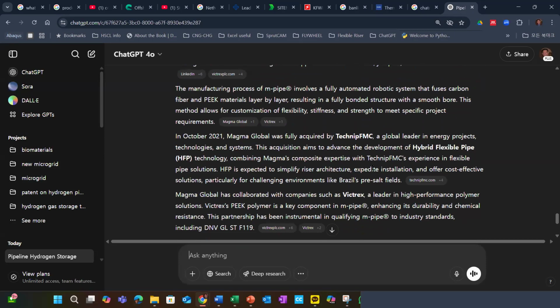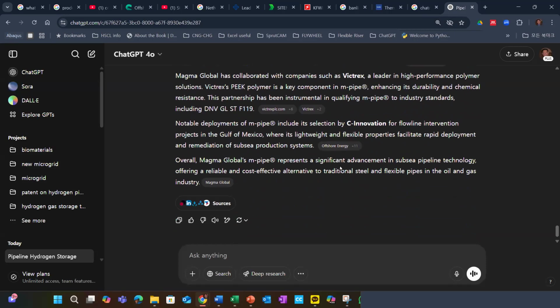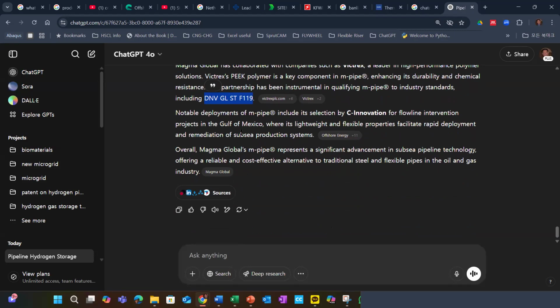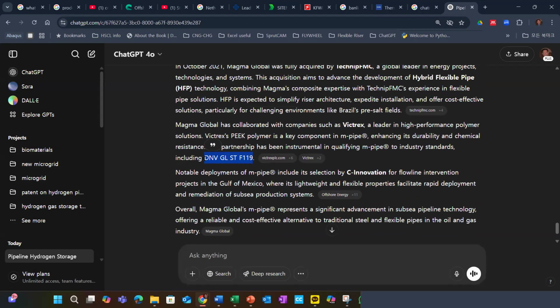And so Technip FMC merged, invested in Magma, and now they are considered as one company. And actually, our lab, composite lab, has been working with Technip for more than 10 years to develop this pipe. So the DNV GL is the important code certification, ST F119 is the code we have to meet to develop the